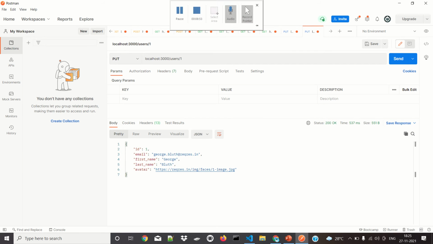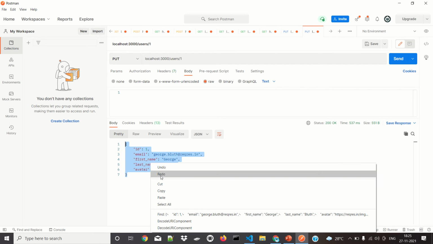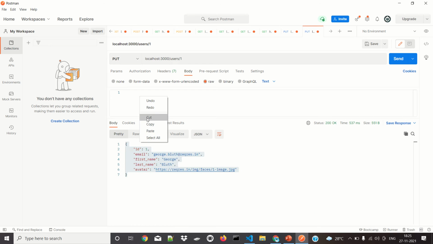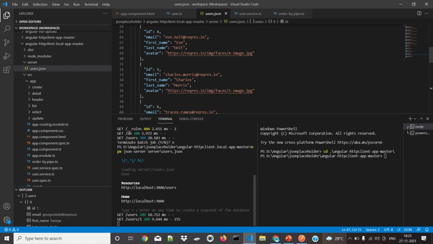If I am using this same data, you have to use it as raw data. So I copy this and paste it here, then change something here and send, and it will get updated in the backend server's application.